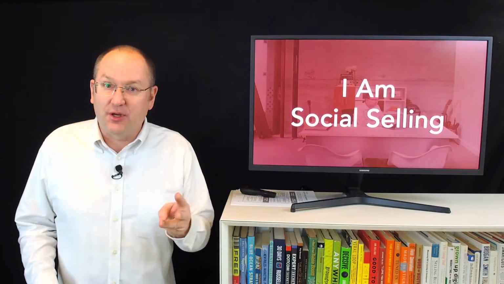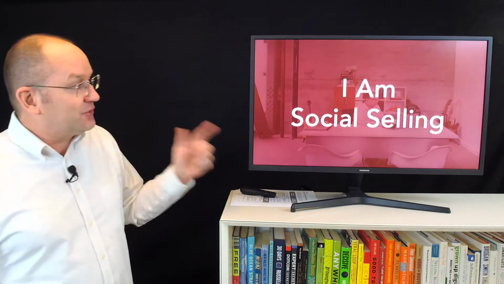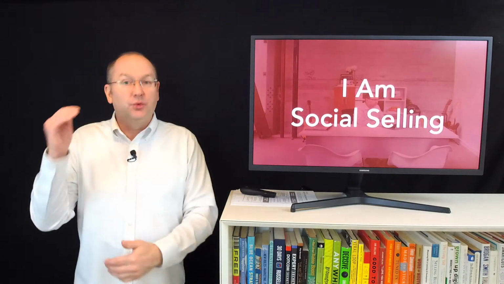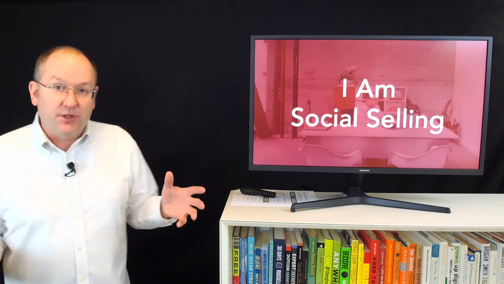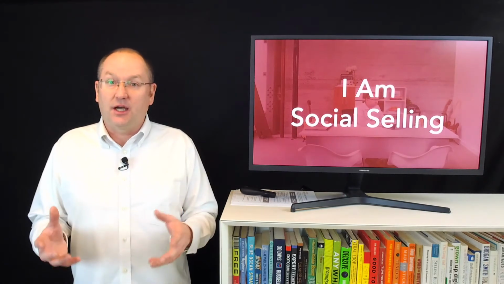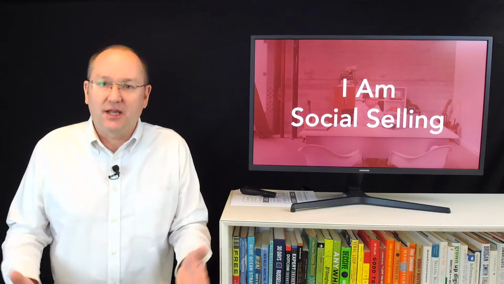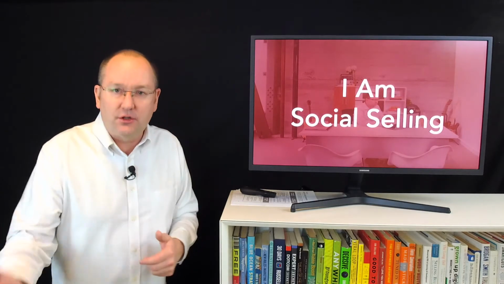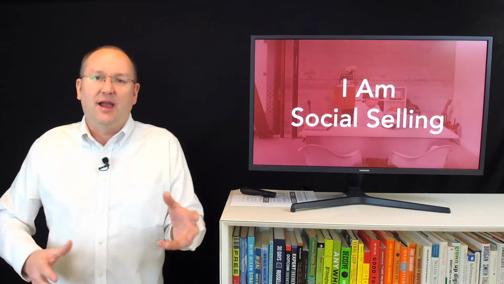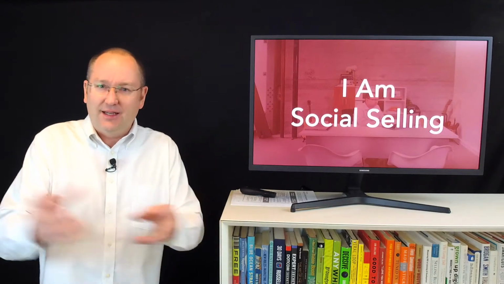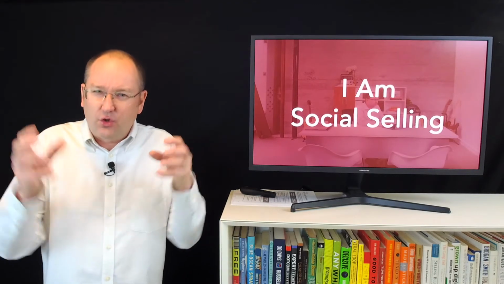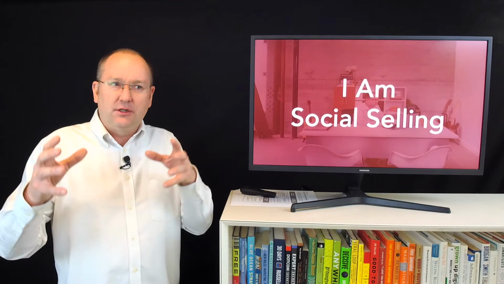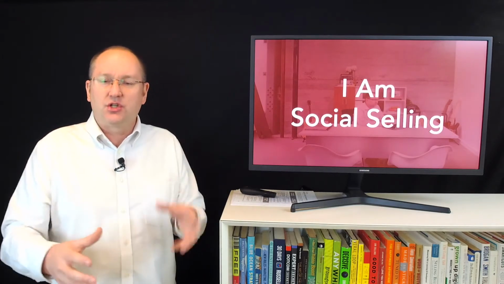This is the third sprint, and this one is called I Am Social Selling. This is the week where we really start playing the game. In the first week, we figured out how to make sure you look good when people are checking you out. And then last week, we talked about figuring out what you bring to the table, what's your superpower, who's your ideal client, and what are their needs, and then how you create some content that's going to connect those things together. It was kind of the core of the serious sales or business relationship.